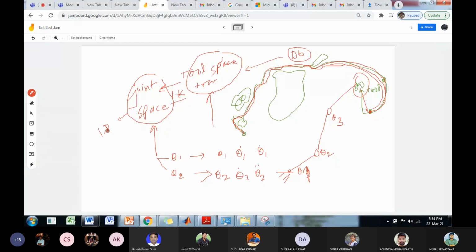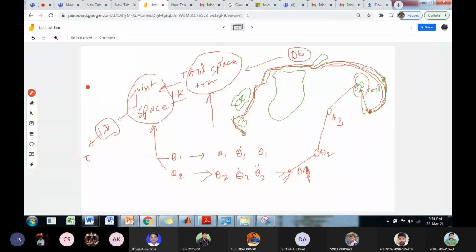Okay, you have found out how the angle should change, but how will the angle change? There are lots of forces: friction force, dynamic force. So you have to apply a certain value of torque each time. Sometimes you have to apply more torque, at another sample you have to reduce the torque. So you determine the torque here. In the inverse dynamics problem you have the joint space trajectory and you determine the torque.